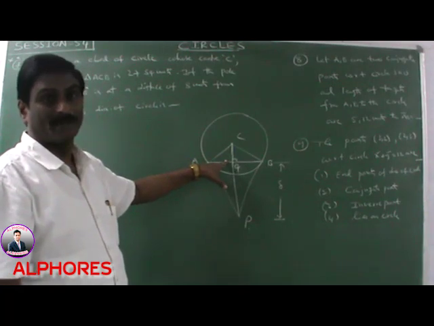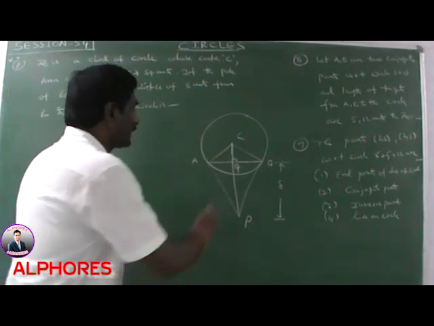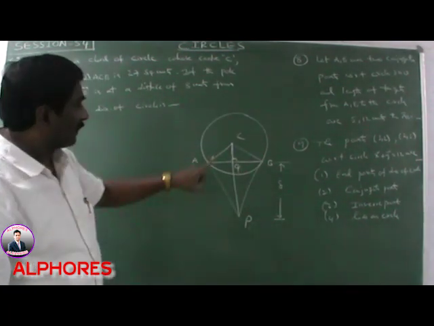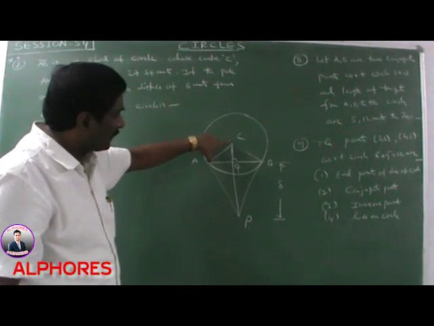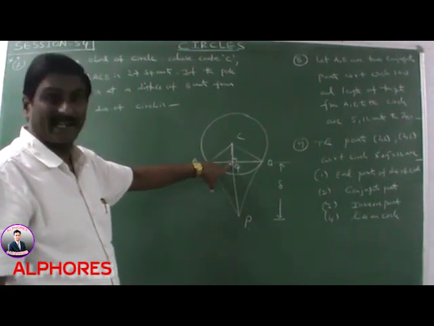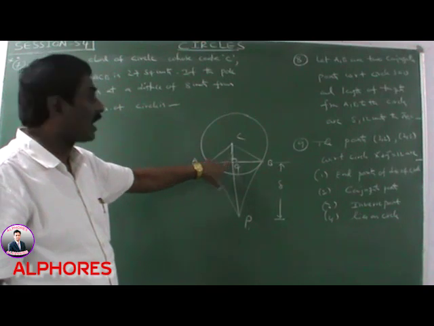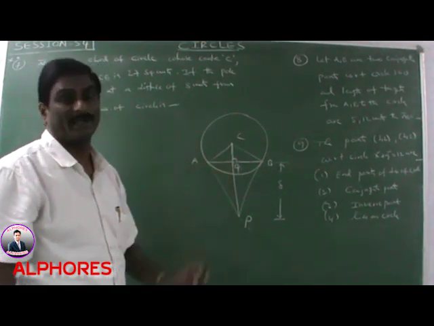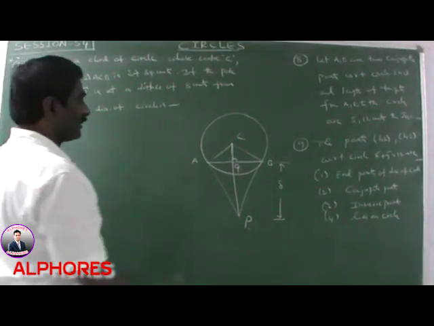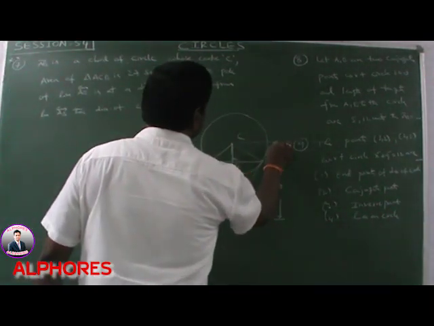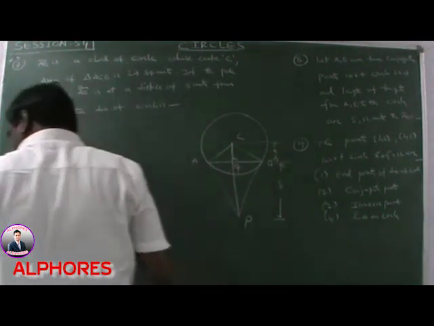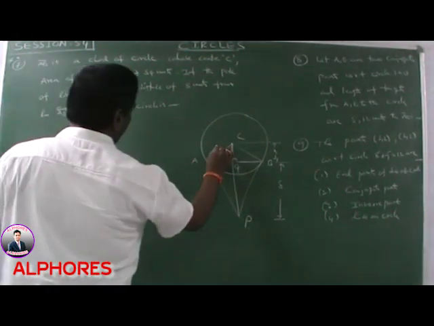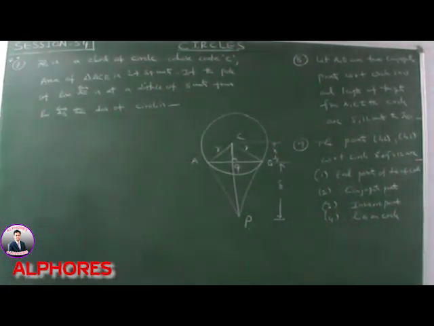Please observe this point. Here this angle is 90 degrees, since the foot of the perpendicular from the center to any chord makes 90 degrees. At the same time, the polar is always perpendicular to CP. So this is the midpoint. Say this distance CQ is x units, and R be the radius of the circle.